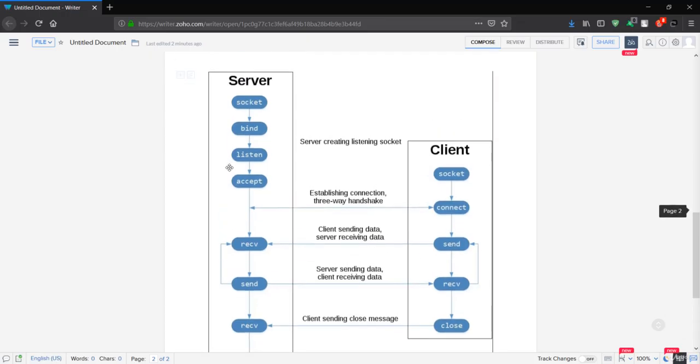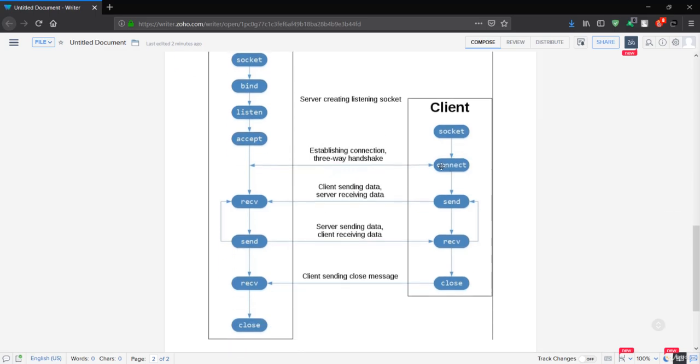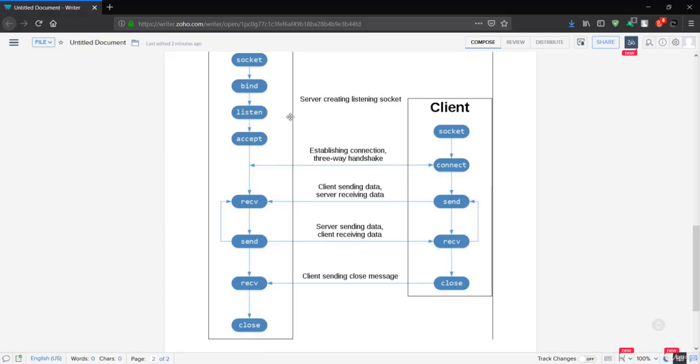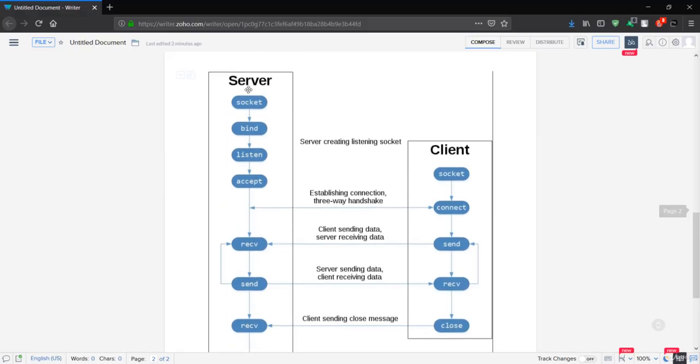You can see that this layer in the server part is optional, and we'll see how to bind and listen in the next module. But now you can see that we have successfully communicated between the server and a client through the socket, and basically the server is listening to the socket through some application. But in the next lecture we'll make our own Python program in order to listen for the incoming connection.